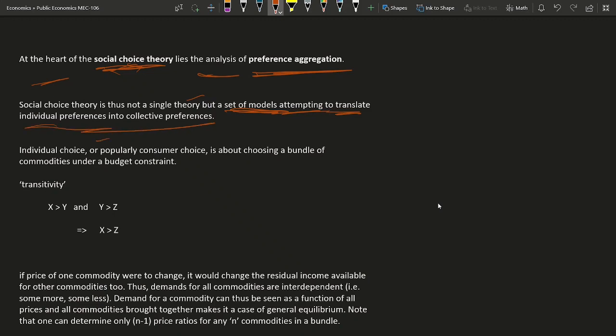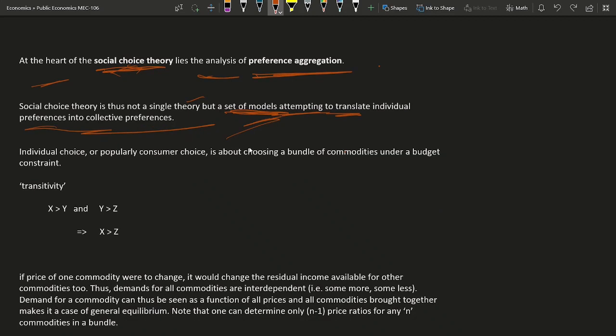Individual choice, or popularly consumer choice, is about choosing a bundle of commodities under a budget constraint. So, before diving into the social choice theory, let's prepare the ground. What are the assumptions we make to analyze these models? They follow the rule of transitivity. If X is preferred over Y and Y is preferred over Z, the transitivity rule is that X should be